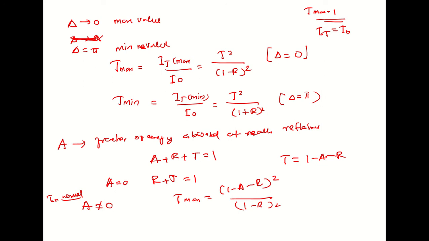We also identified a parameter called the coefficient of finesse, represented by F, which is equal to 4R square divided by (1 minus R square), which determines or measures the sharpness of the interference fringes. Also we have found a function called the Airy function, that is 1 by (1 plus F sine square delta by 2). That is the main part we have discussed.